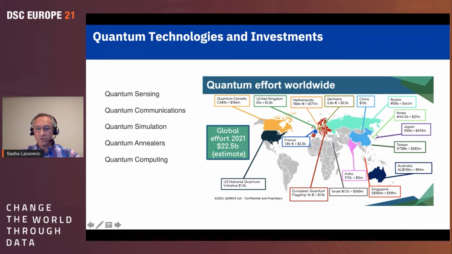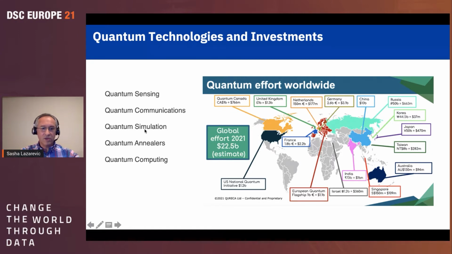But also there is a lot of interest among the private investors. For example, in the United States, a lot of private equity is investing in private companies. For example, this year, just PsiQuantum got $450 million in developing a photonic computer. And if you want also to invest yourself, there is the first company that went public, IonQ. They are listed. I'm not recommending anything, but it just shows quite high interest for all these different technologies.